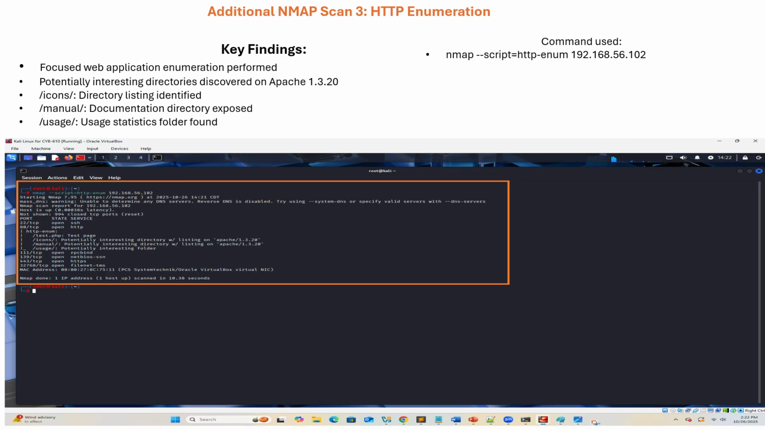For my third scan, I ran Nmap with an HTTP enumeration script to enumerate web directories. The scan found three exposed directories on Apache 1.3.20: icons with directory listings, manual with Apache documentation, and usage with server statistics. As you can see from the screenshot, this reveals system information that could potentially provide unauthorized